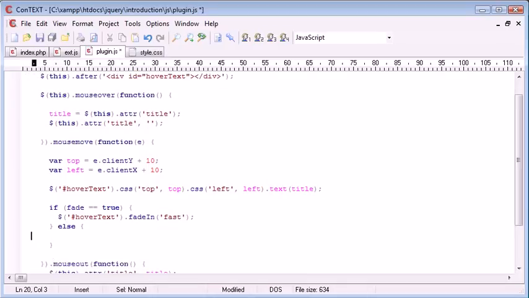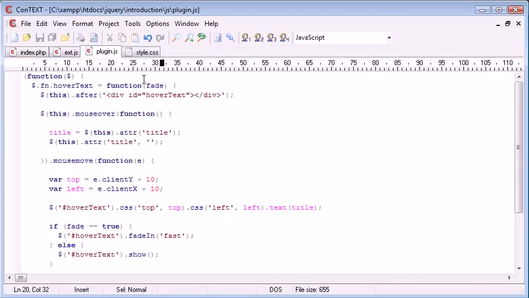Otherwise, we could go ahead and say hash hovertext dot show. So now what's happening is we're allowing the user to submit this parameter fade,